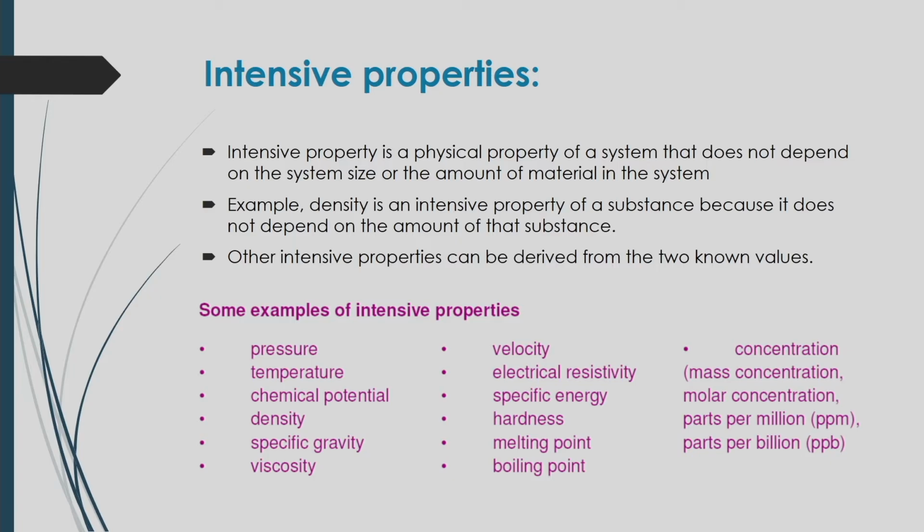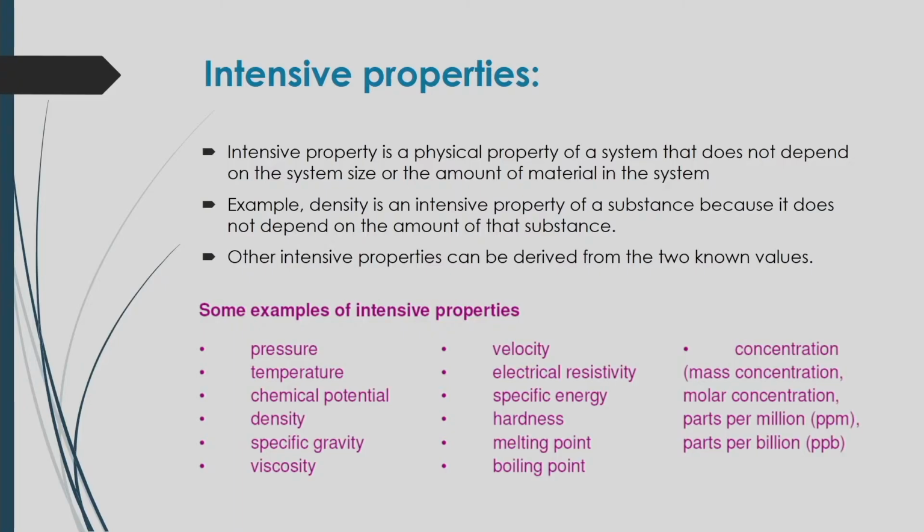Some examples are given here in the slides: pressure, temperature, chemical potential, density, specific gravity, viscosity, even velocity, even electrical resistivity, specific energy, specific mass, even mass concentration, molar concentration, like hardness, melting point, boiling point. So, all those examples are actually called